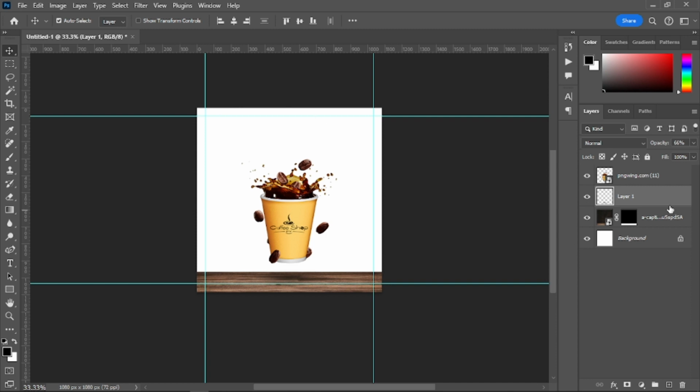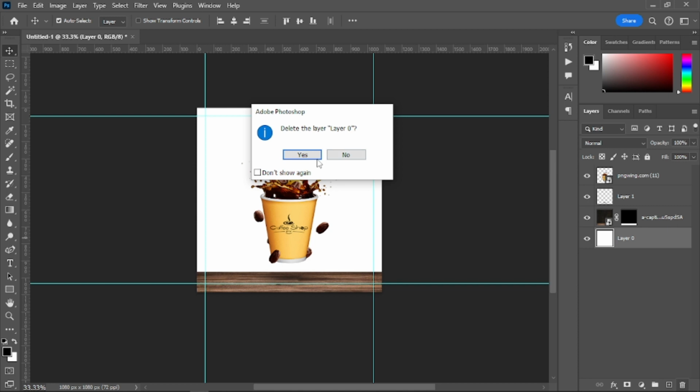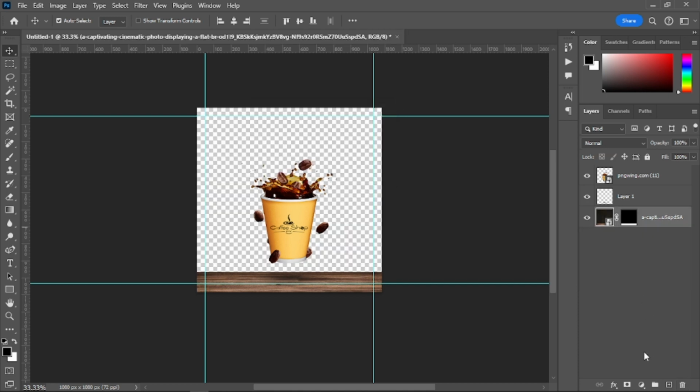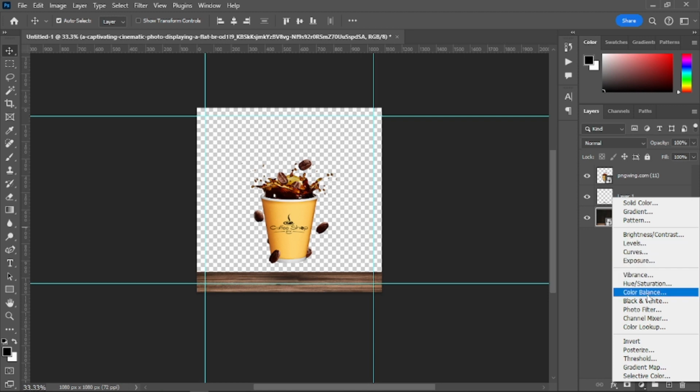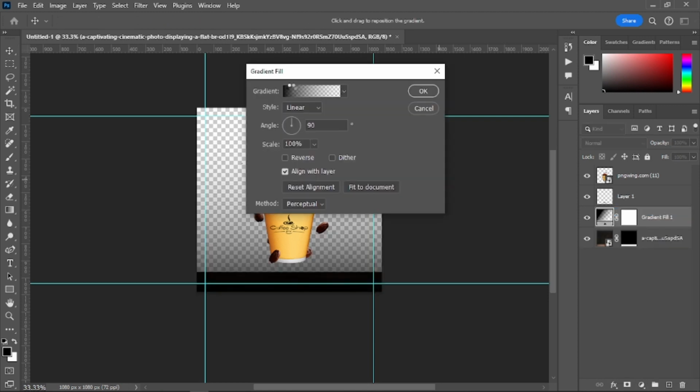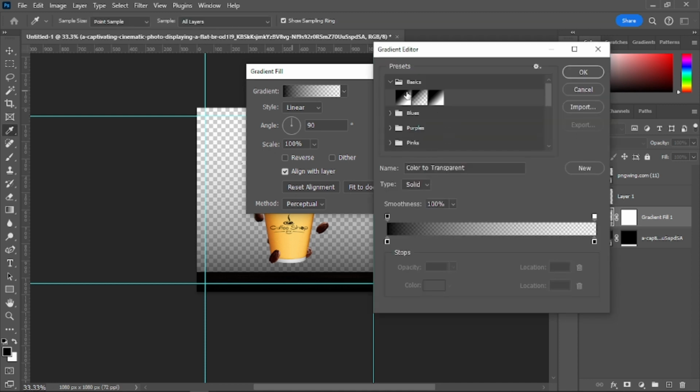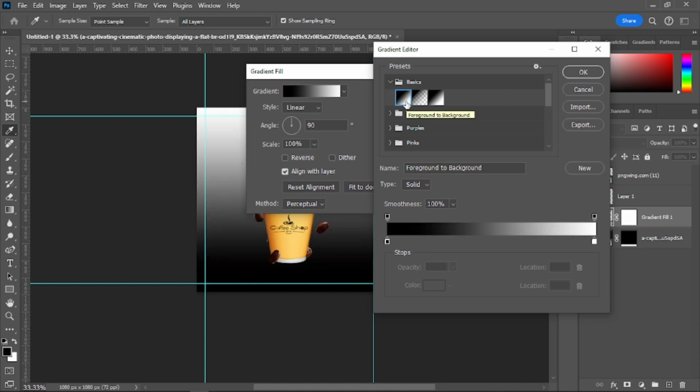To do that, I'm going to delete the background layer and go to this adjustment layer, choose gradient, and choose this basic black and white gradient, and I'm going to choose this color stop and change the color to